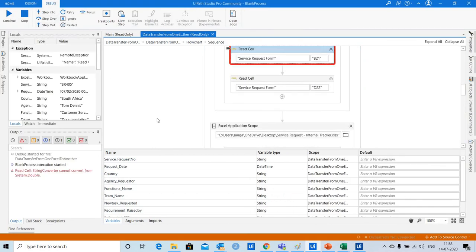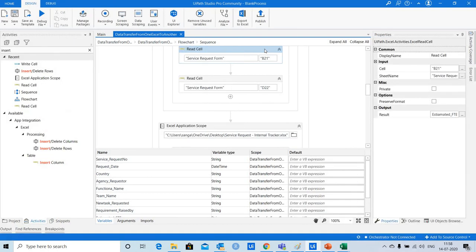Now let me check for any issues again. Okay, here we are capturing estimated FTE data in estimated underscore FTE variable. So since this data is in double form, we need to change this variable type as double.